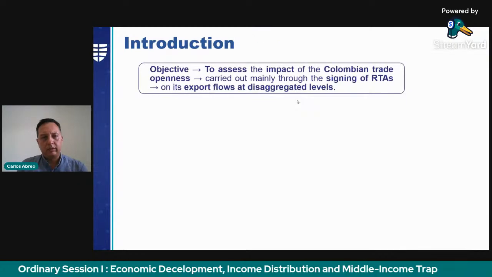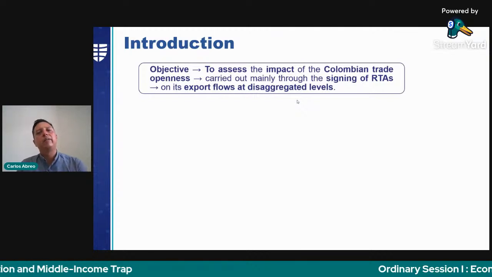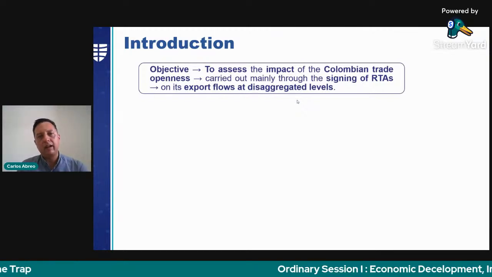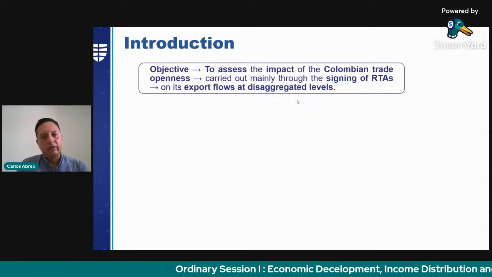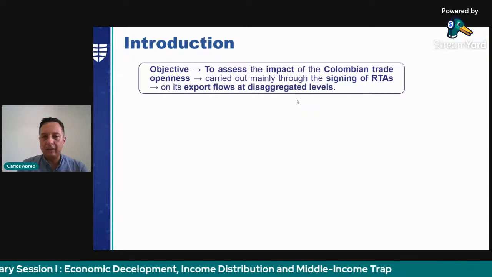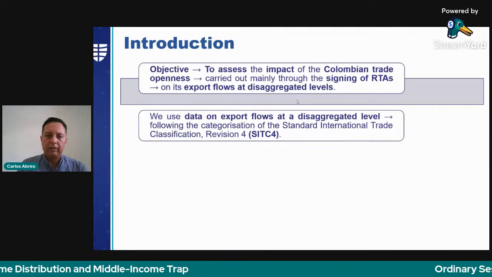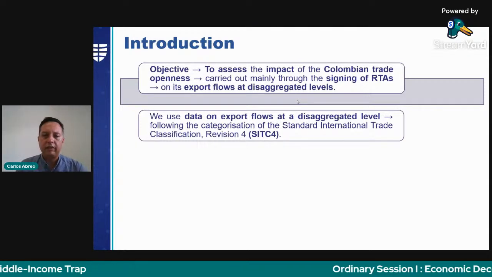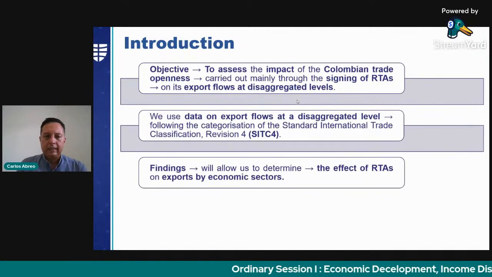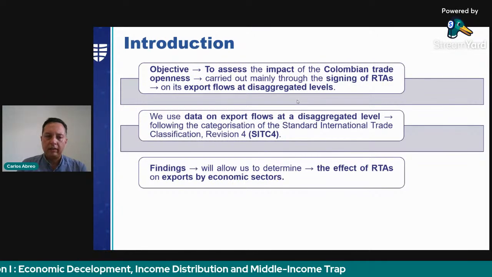Regarding the introduction, the objective of this work is to assess the impact of the Colombian trade openness, the Colombian trade liberalization process, which has been carried out mainly through the signing of regional trade agreements, and we are going to determine it at disaggregated levels. We use data on export flows at disaggregated levels following the Standard International Trade Classification Revision 4. Findings will allow us to determine the effect of the regional trade agreement factor on the Colombian exports